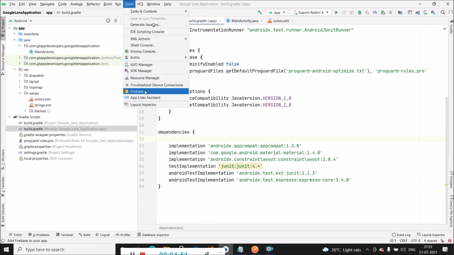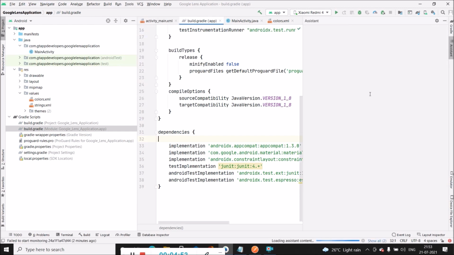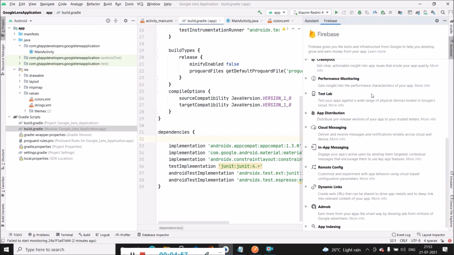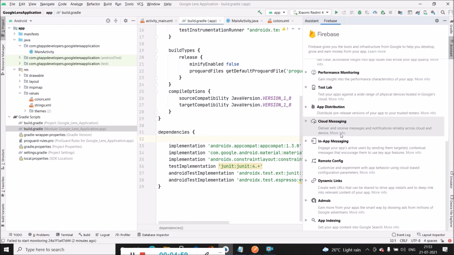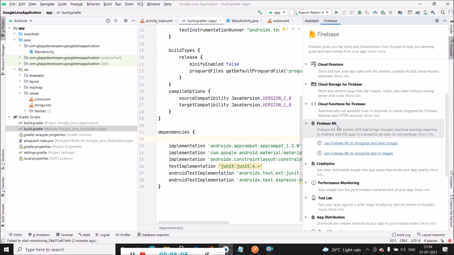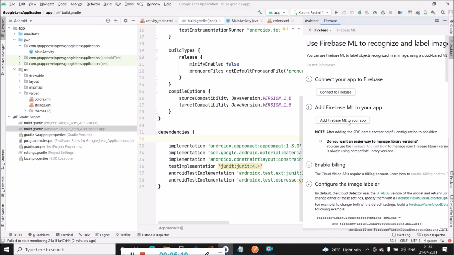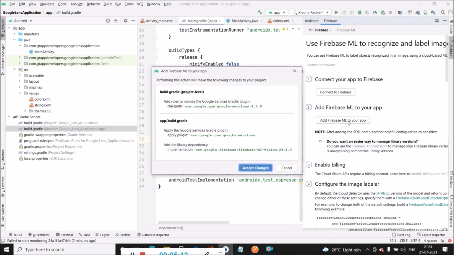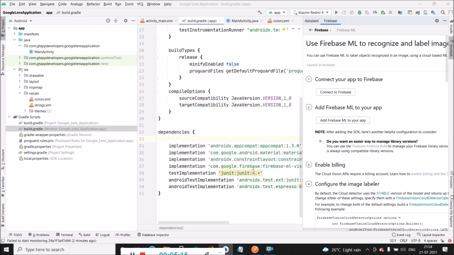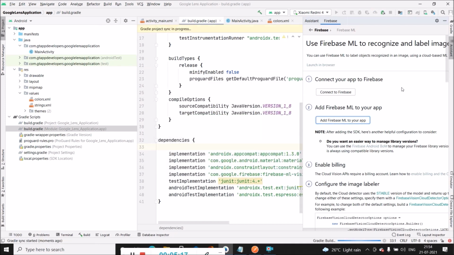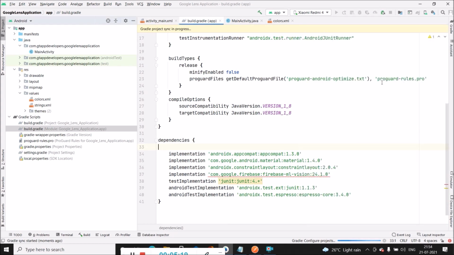We have to go to Tools, then Firebase, and inside this we have to click on Firebase ML and the first option, that is label images. After that, we have to simply add Firebase ML to your app, and then we have to accept the changes. Now this will add the dependencies.